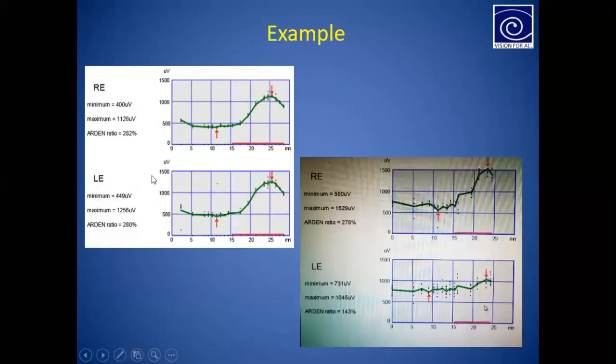This one is showing a normal EOG curve where we can see the dark trough and light peak and the normal Arden ratio. But in the other report, this EOG curve is very noisy and is not maintaining its own shape. Even though we can see that the Arden ratio is normal, we can't consider this Arden ratio for evaluation of the patient's ocular condition.